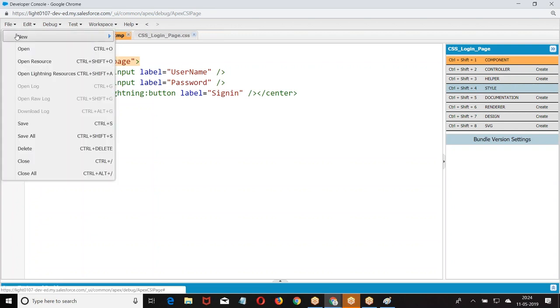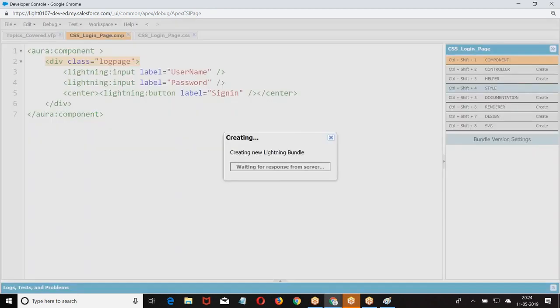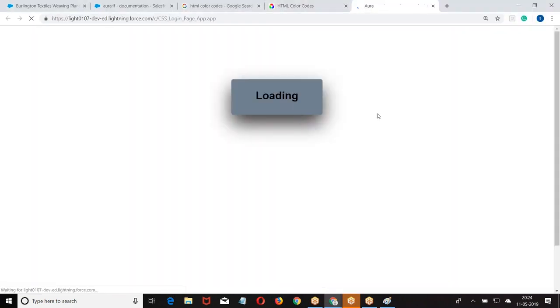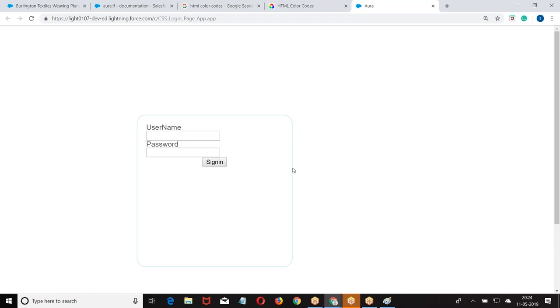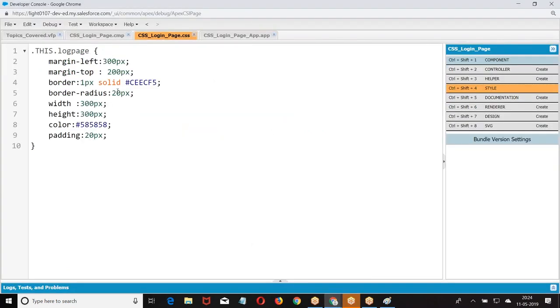Go back to the Lightning application. We're just trying to make some basic page. So between the elements, we are supposed to give some space here. Then margin.